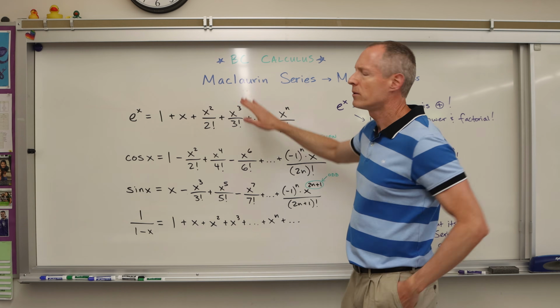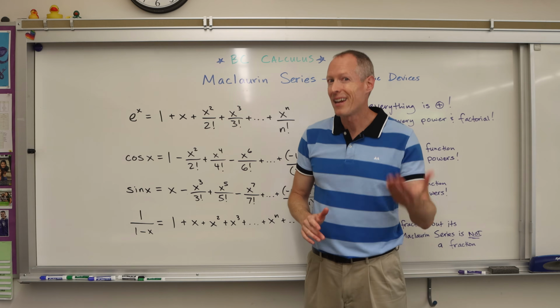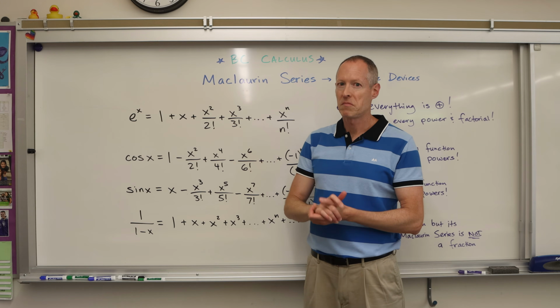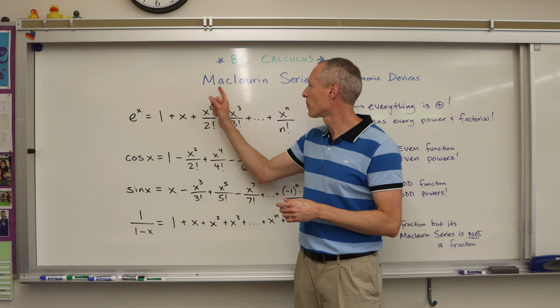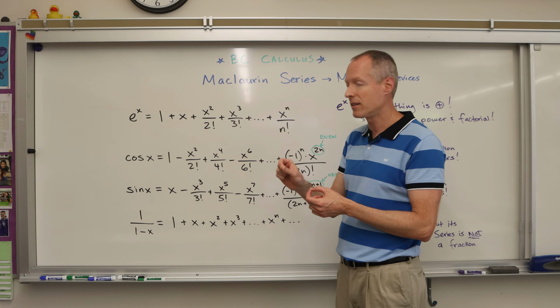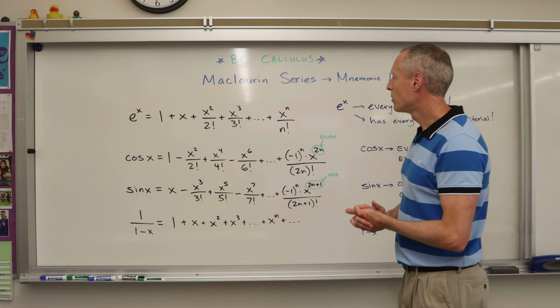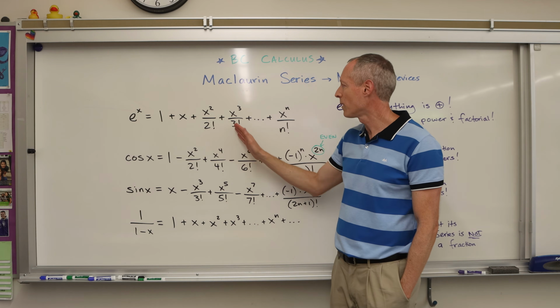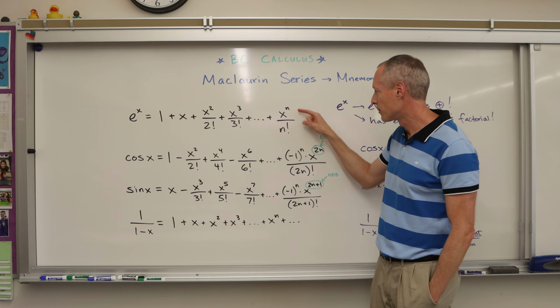So just to remind you, a Maclaurin series is basically a Taylor polynomial, but it's centered at 0. Taylor polynomials can be centered anywhere, but Maclaurin series are specifically centered at x equals 0. So usually you need to memorize the first 4 non-zero terms and then the general term,